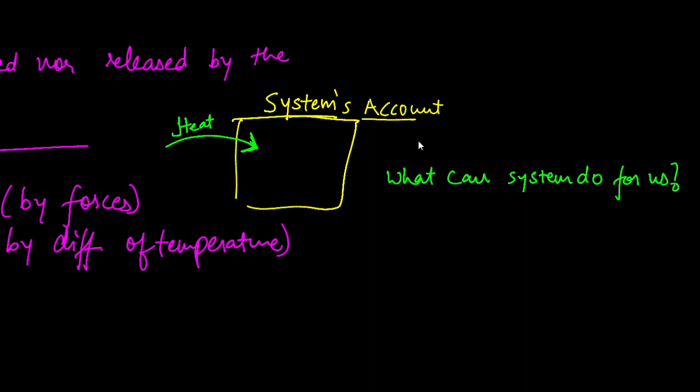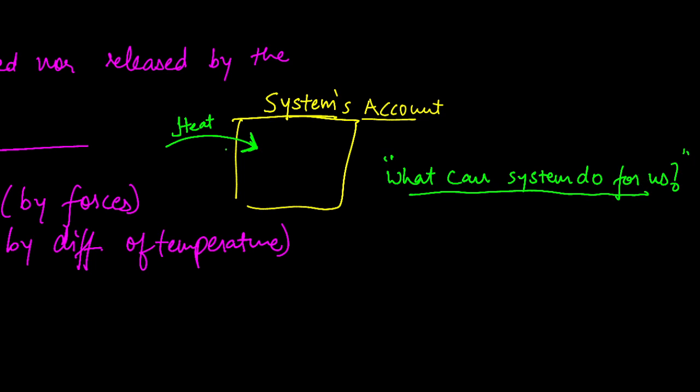What can system do for us? Okay, so please be careful here. System આપણા માટે શું કરી શકે? That's the main thing, right? So keeping this sentence in mind,